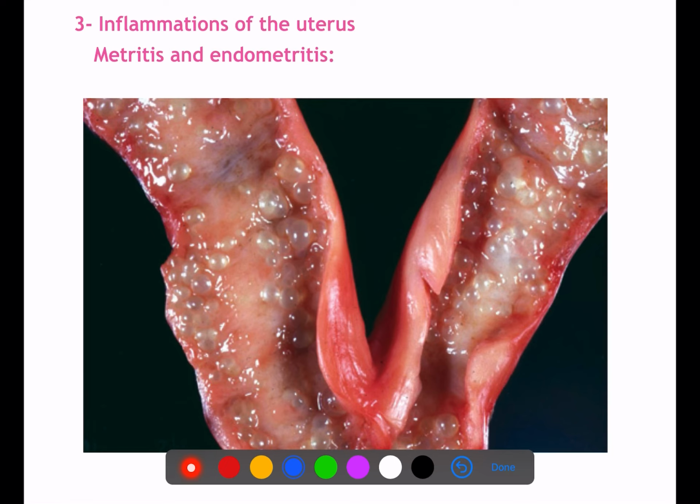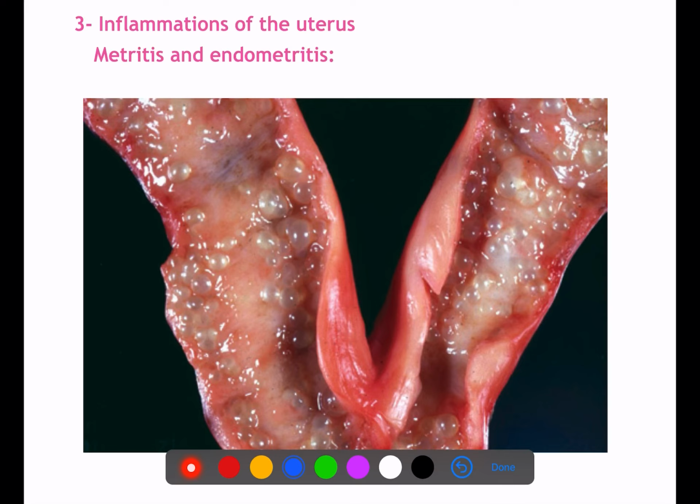But during the luteal phase or at some point of the estrous cycle, the cervix widens and becomes open, and that will allow bacteria and other microbial agents to enter the uterus and proliferate, causing metritis and endometritis. This may be acute or chronic,